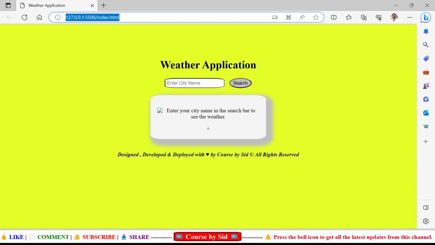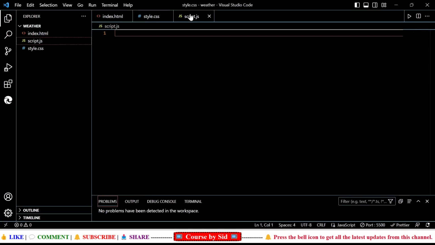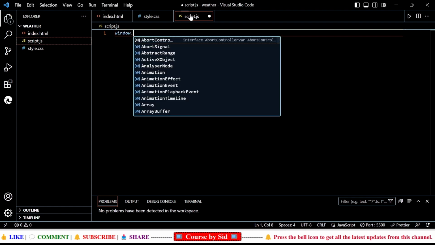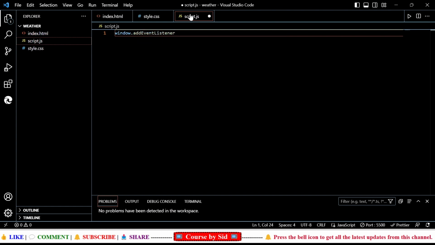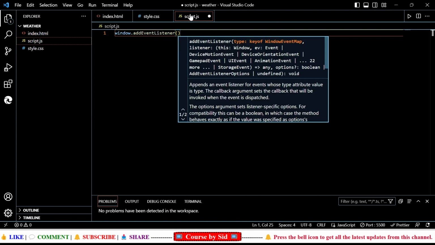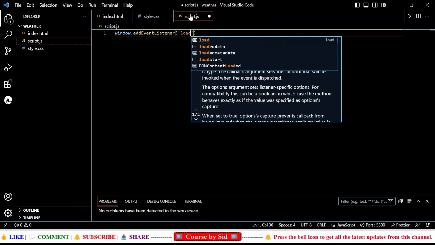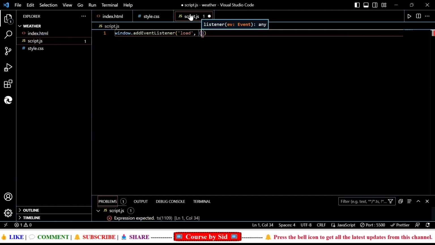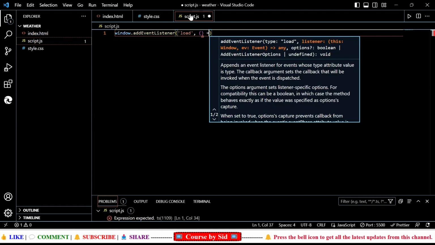Okay, now I'll come back to my script.js file now, and then here the first thing that we're going to do is we're going to write window.addEventListener, and then within this we'll write load, and then we'll write the arrow function,